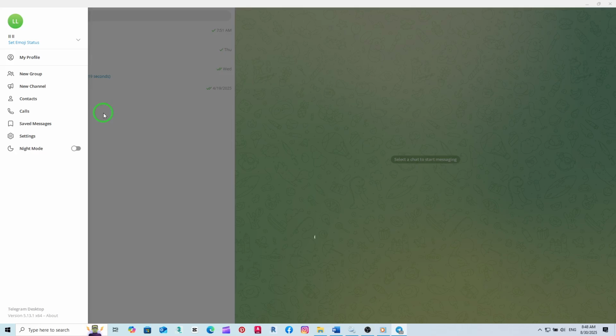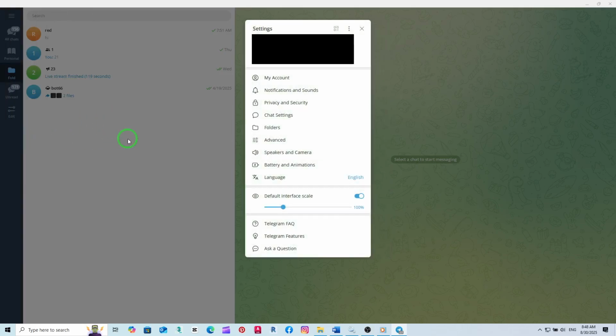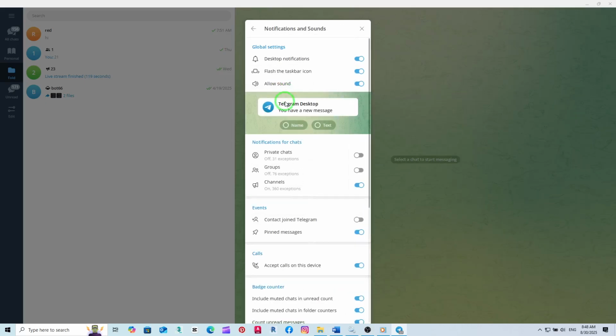From that menu, scroll down and select the option labeled Settings. Once you're inside Settings, you'll find several categories to choose from. The one we want is called Notifications and Sounds. Click on that, and it will take you to a page dedicated entirely to how Telegram alerts you for different types of chats. Inside Notifications and Sounds, you'll see several sections, including options for private chats, channels, and most importantly,